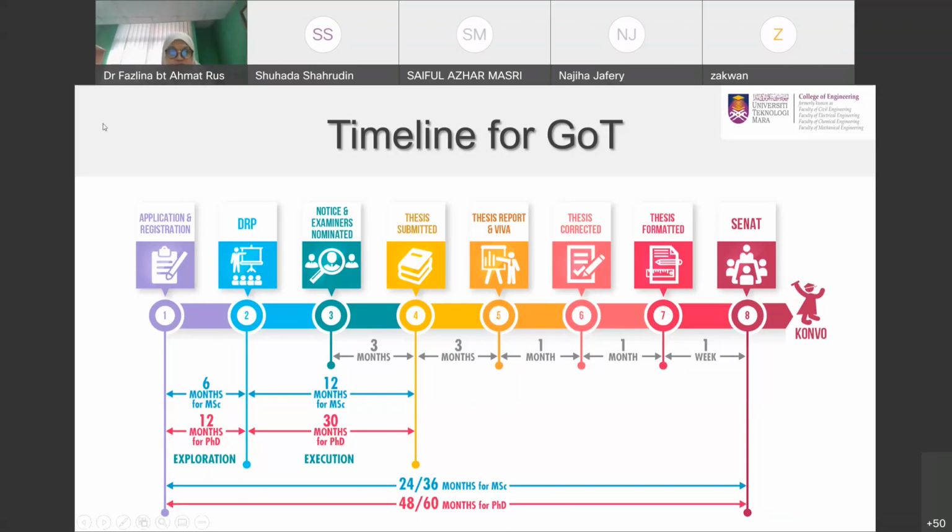And then the notice of examiners terminated. So we already provided the timeline, the duration. Please, this is basically a guide for you in planning for GOT. So meaning you need to DRP in 6 or 12 months. The blue line is for masters, the red line is for PhD students. Okay. So also examiners